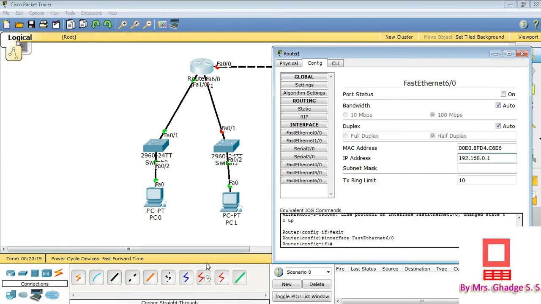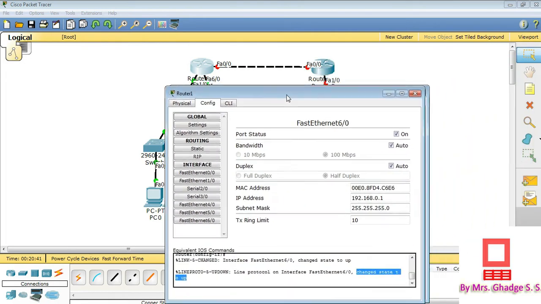So this is the IP address that we are going to use. Here the subnet mask is automatically calculated, which is correct for n bits of 24. Just click on the button. This will again change the state to up. So this is the correct configuration.